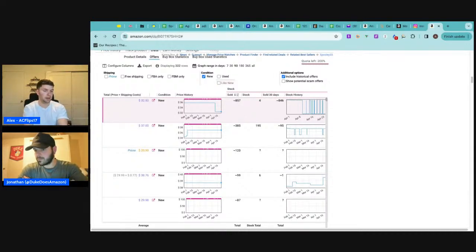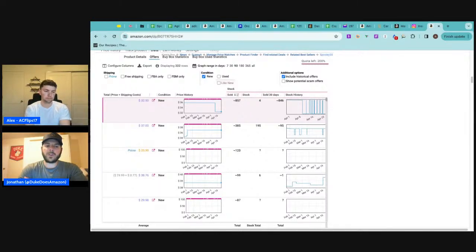David, is there any way to get a Keepa product finder search, see if there's a gap in price from the lowest offer and the second lowest? Not sure. We might have to look into that. I don't think that you can filter it by seller A versus seller B. Something you could do is try to filter it so that the buy box is different than the new sale